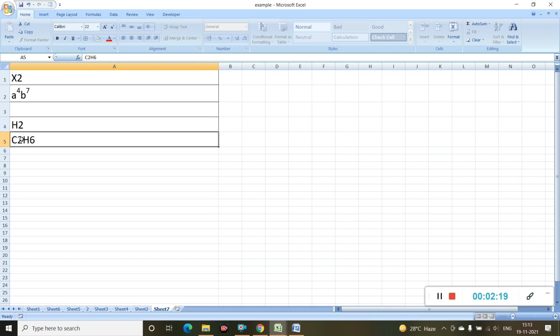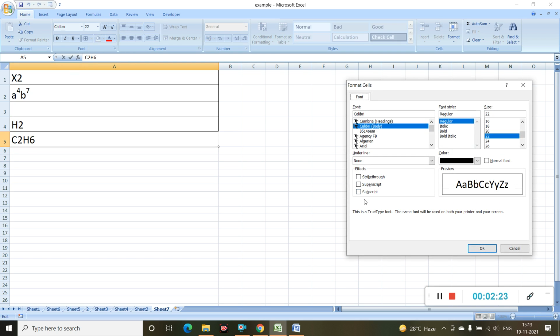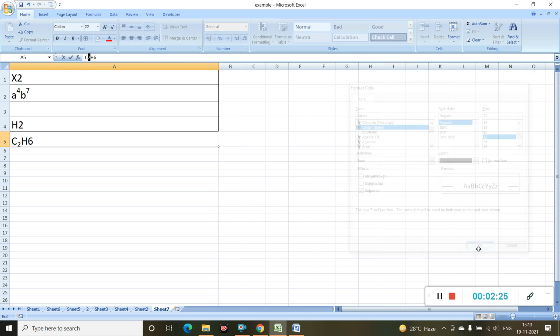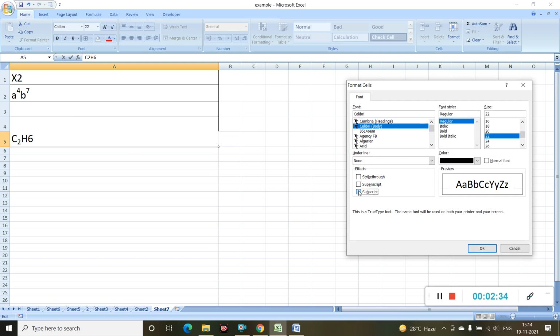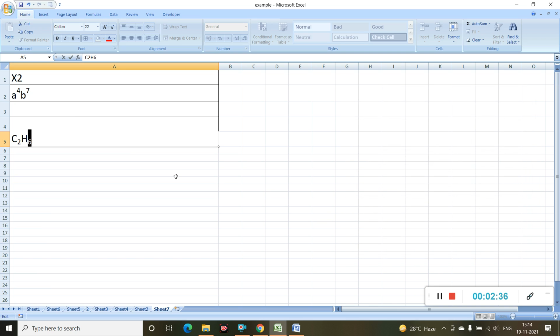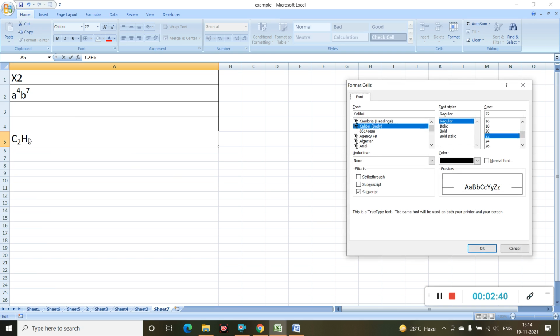So what will I do? I will select the 2 first, Control 1, Subscript, OK. Now I have to do the same for 6. I have to do each of them one by one. So Control 1, Subscript, OK. Now it is C2H6. Now if you want to undo that, select this 6, Control 1, uncheck Subscript, OK,